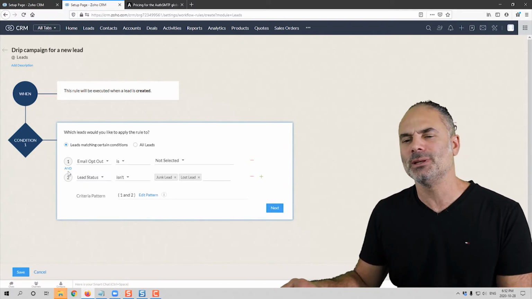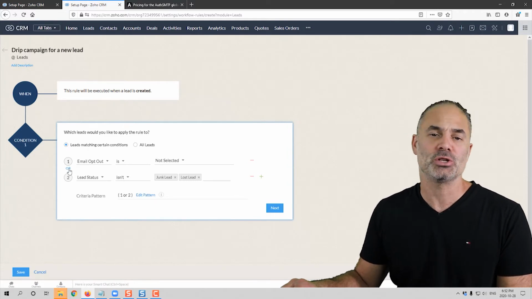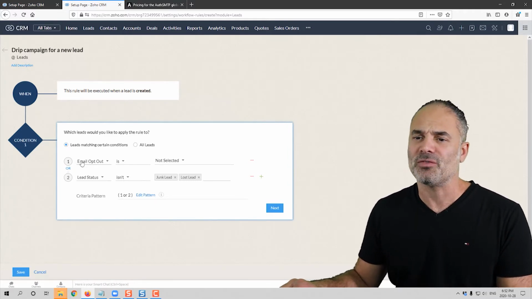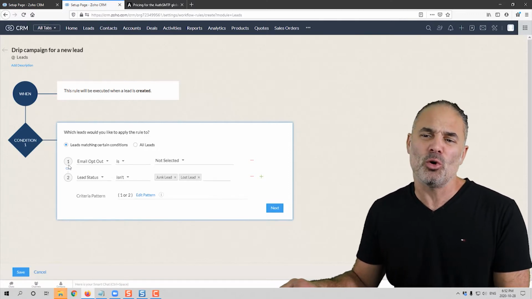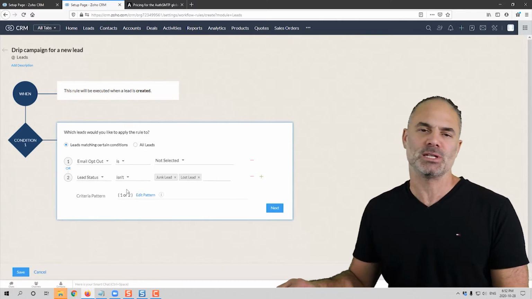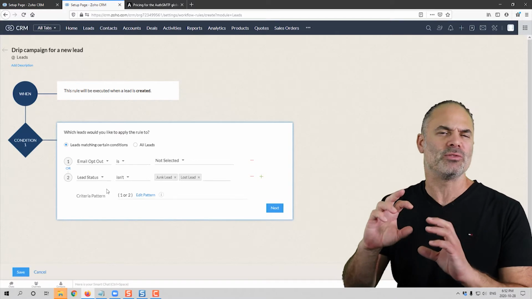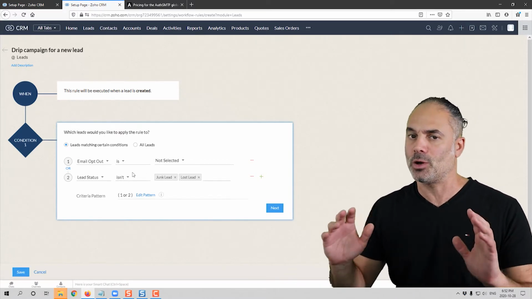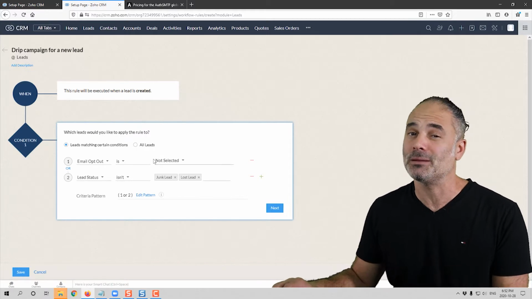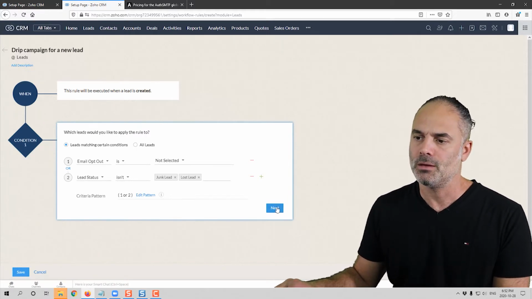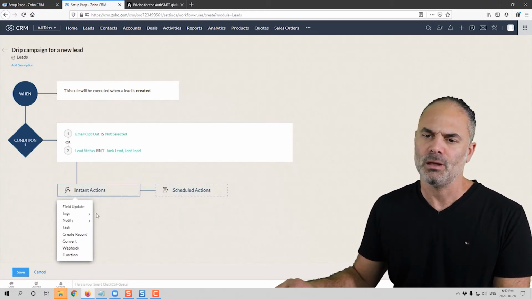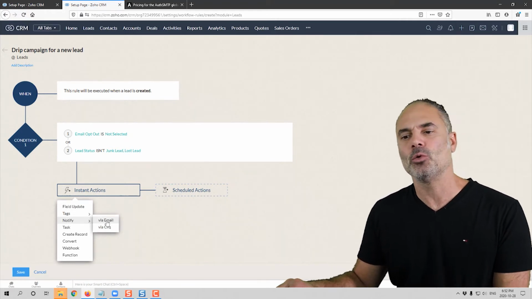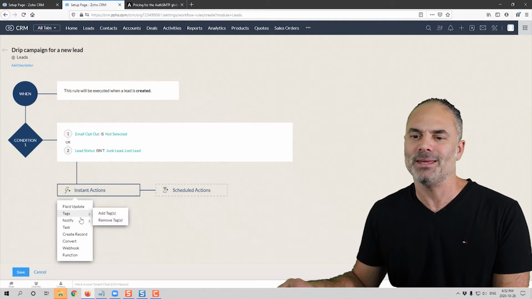The last thing that you will need to do, you see you have and, we'll need to change it to or. So if the email is opt out or the lead status is lost or junk, but not both of them, okay? And that will cover me from all the angles, so I will not send to people that don't want my content. Next. Now we are going to click on notify and we are going to create an email